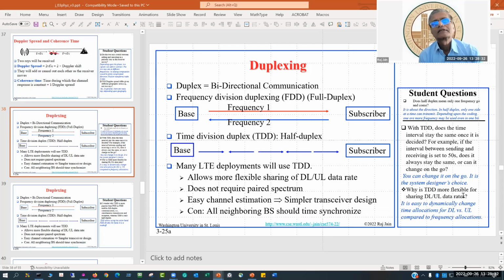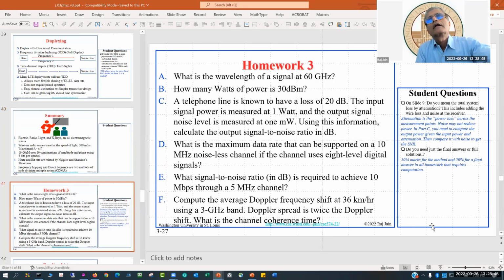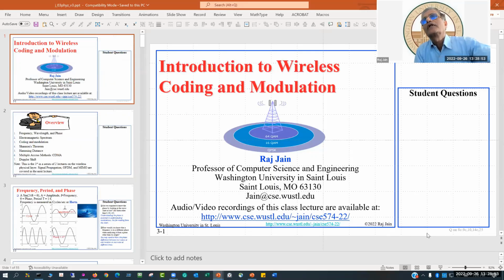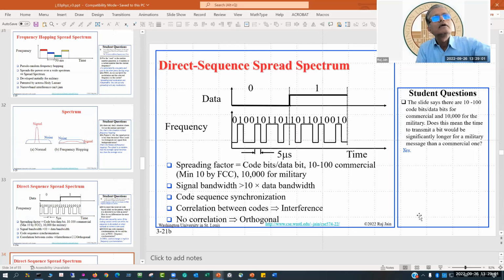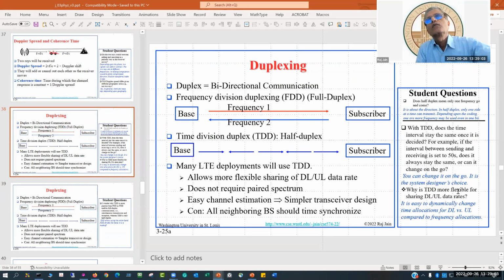Okay, duplexing, time division duplexing here. No, not multiplexing, duplex, right? All right. Then this is 25. I think we are done. Oh, actually, I didn't make it high. Let's just see. So 25, there is 1 on 25, 21 and 25. Maybe that was it. So let's go to 25. Why is TDD? Okay, that was 25. All right. Then we go to